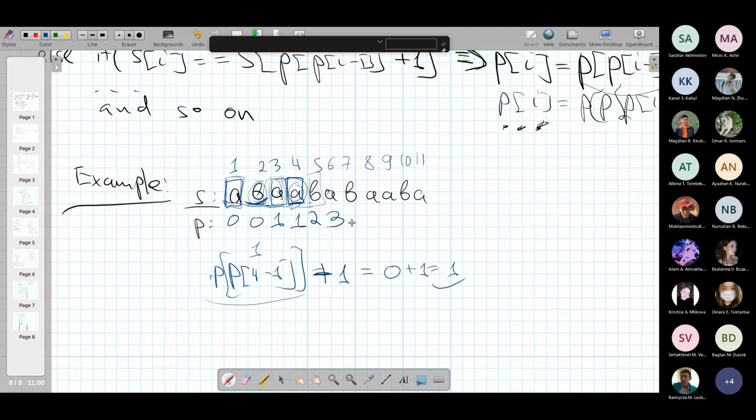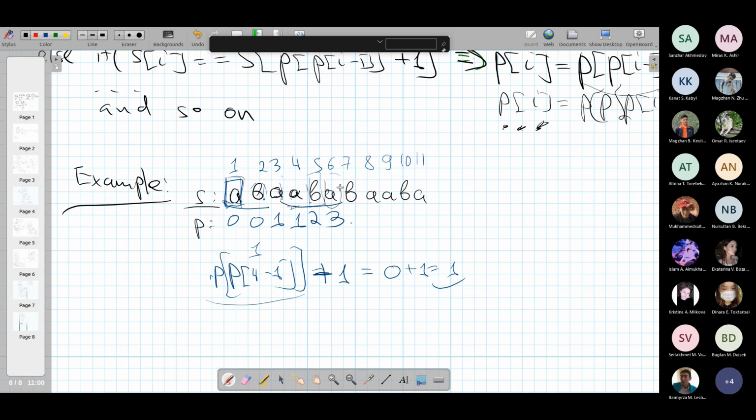3. Then at this position, ABA, we have ABA equals ABA, but here at position 4 we have A. So, oh, sorry, this is not going to work. The previous answer for the previous position will not work for that string. So what we're going to do, we're going to say, okay,